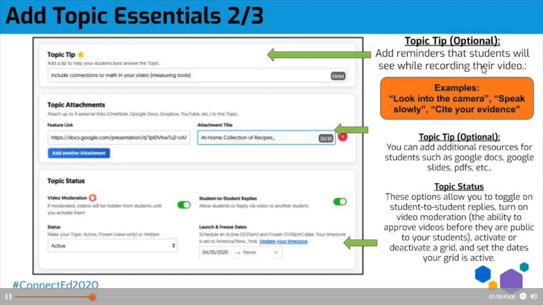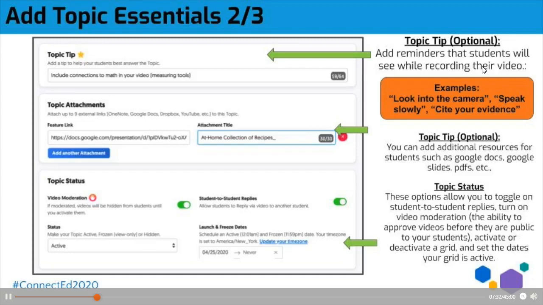We can also add resources such as a document, a PDF, or slides that we want them to refer back to support them with their topic. We also can take a look at the status, which will allow the topic status. You can either allow students to reply to each other.